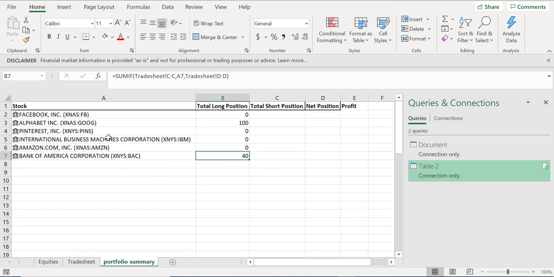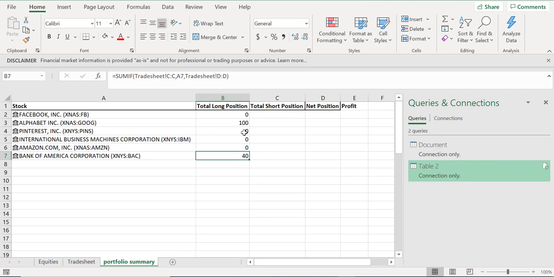Under portfolio summary, it would show me Google as 100 and it would show me Bank of America as 40. So the SUMIF is allowing me to look for things that match this criteria, then sum on a different column. So look in column C for things that match A in this tab, and then do a sum